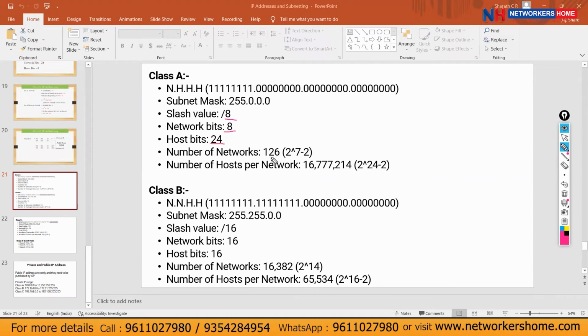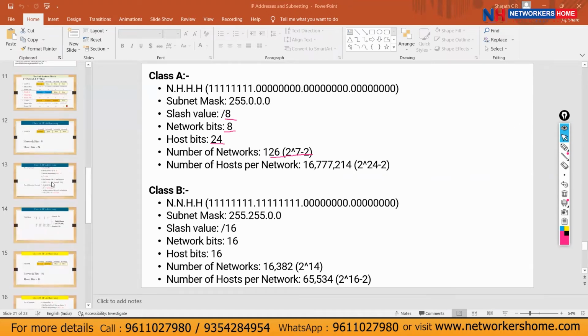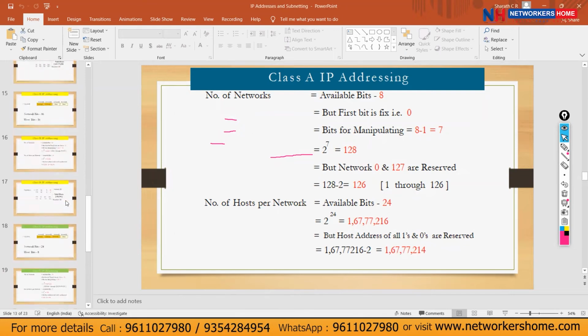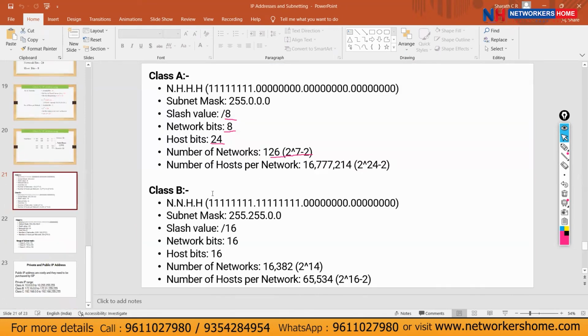Correct? Number of networks is this. We got some big number, no? 126 networks and these many hosts per network. Correct? And in class B, we have